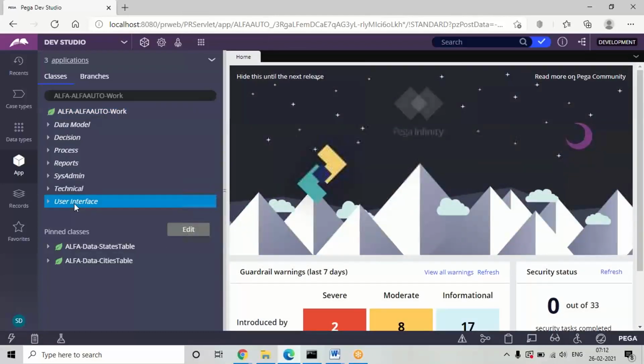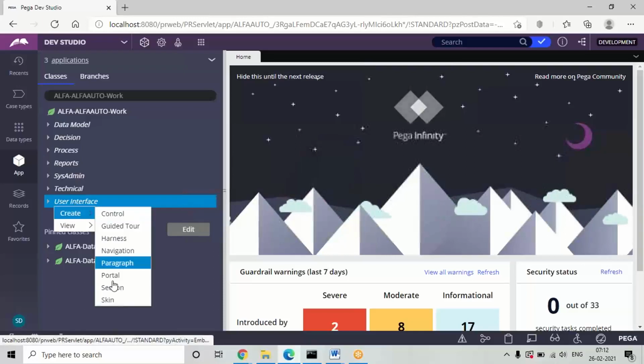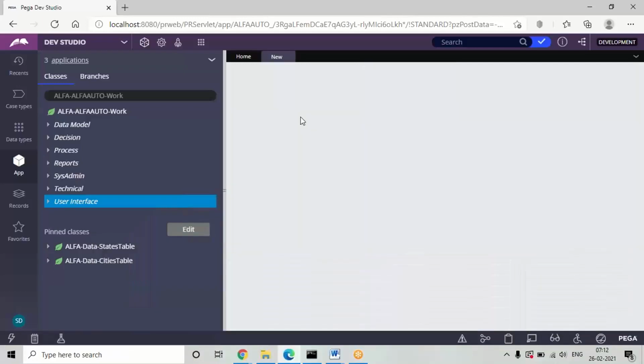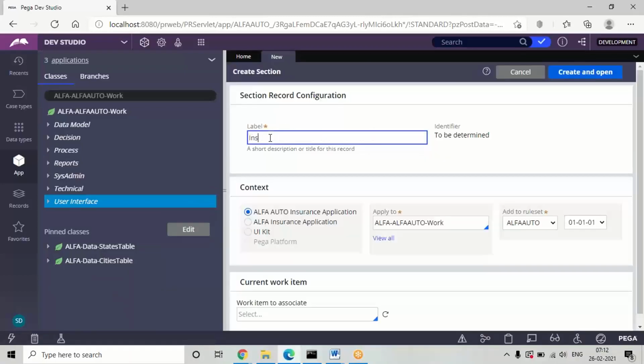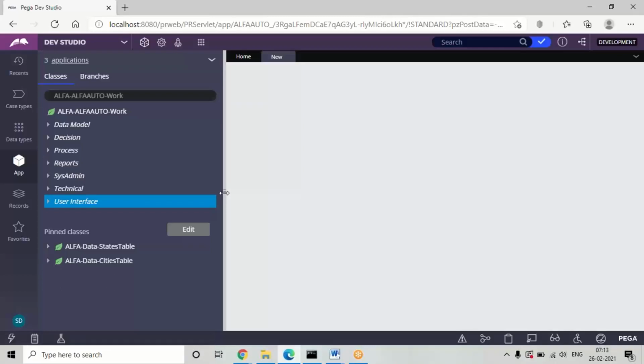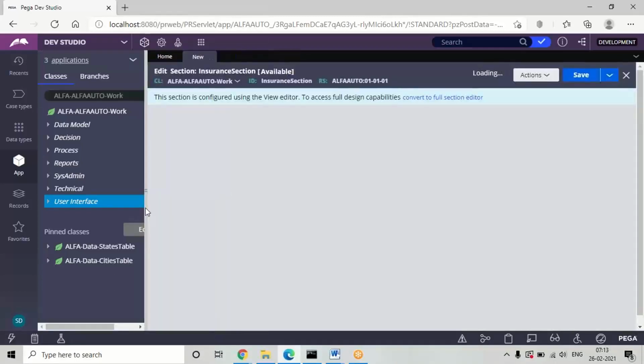The next step is we'll create three sections. Open and update the template.